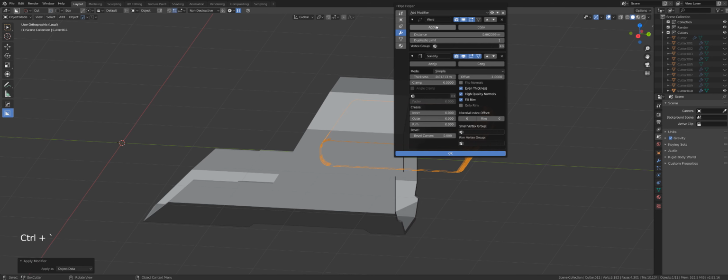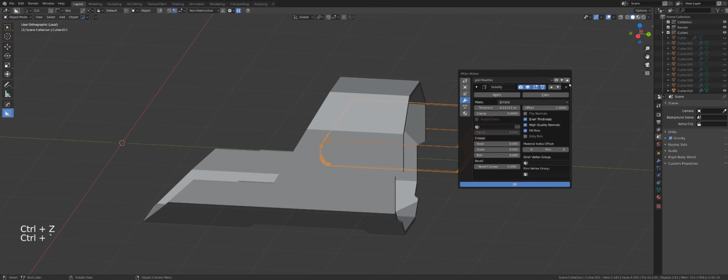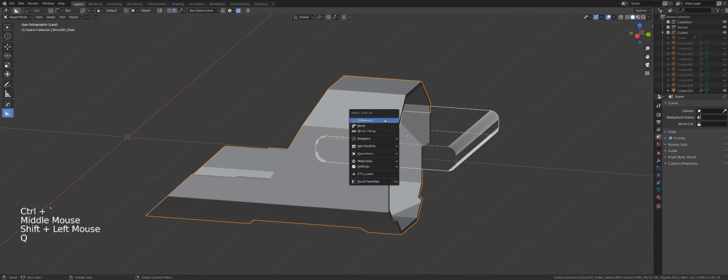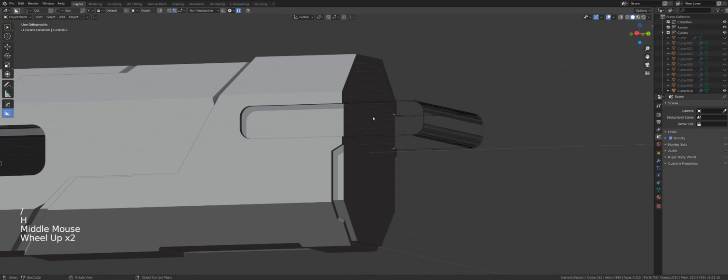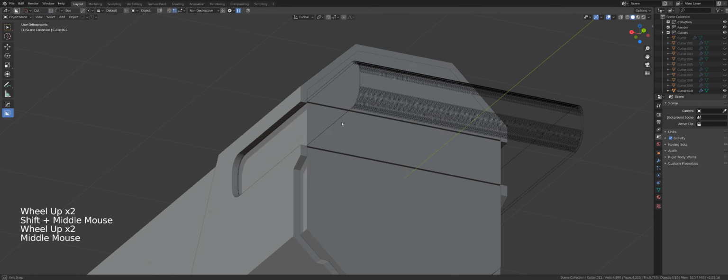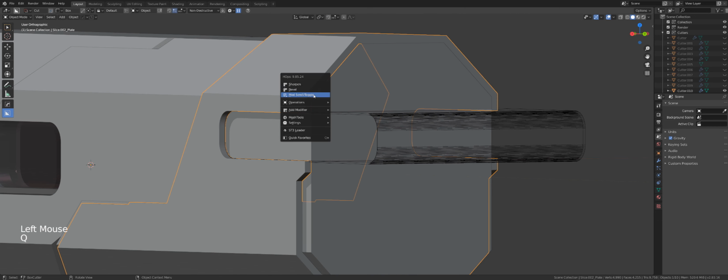Apply the bevel on the cutter, weld, solidify. No, we don't need solidify here. Remove the solidify, there we go. And then difference. Now we're cooking. So I use one cutter to perform two different operations, but I'm going to make it,